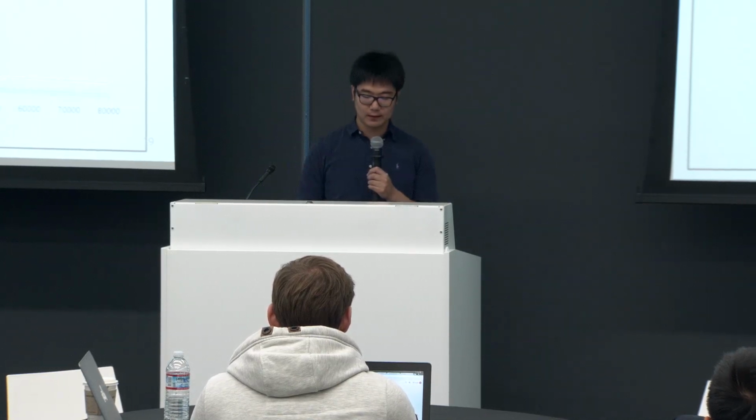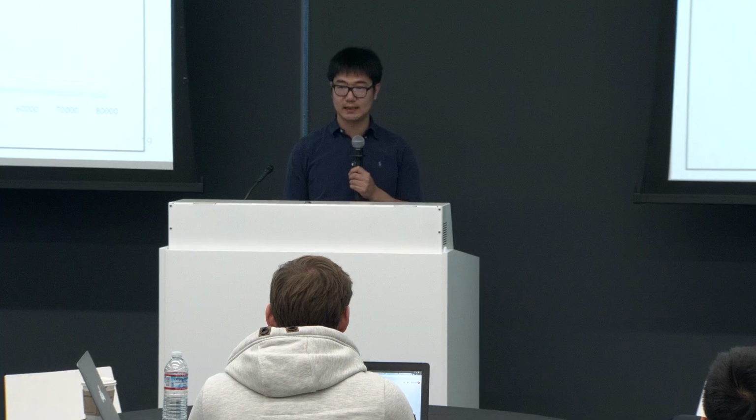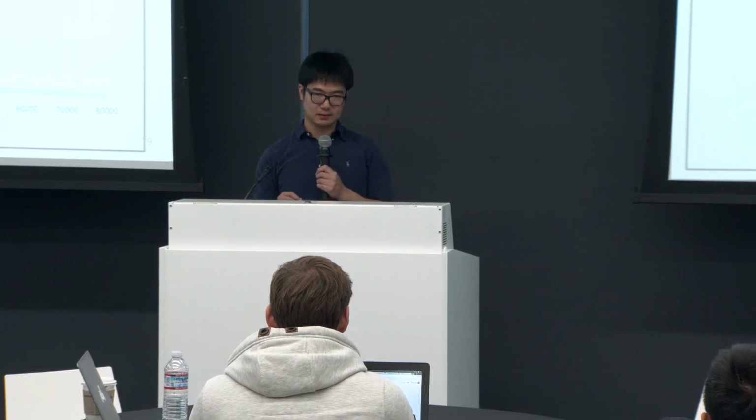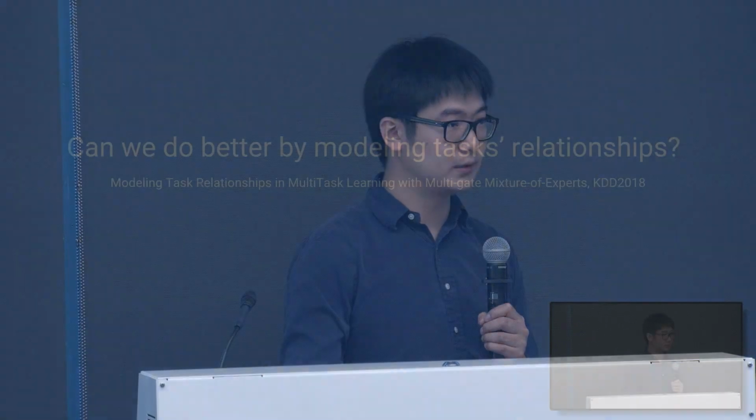And how can we better resolve this by modeling task relationships? One observation we have is from an experiment on synthetic data using the shared-bottom model, where we can control the correlation between two tasks. We can see the loss of one task significantly increases when the correlation of the two tasks is low, and at some point it's even worse than just training it by itself. So how can we do better in multitask learning, by having a flexible modeling architecture to model these task relationships?